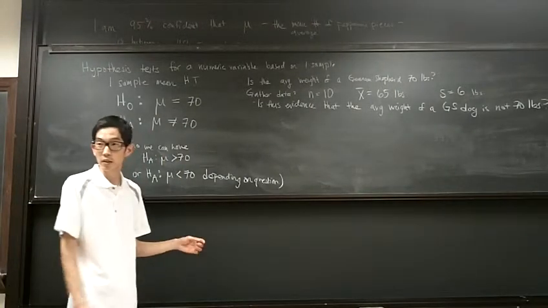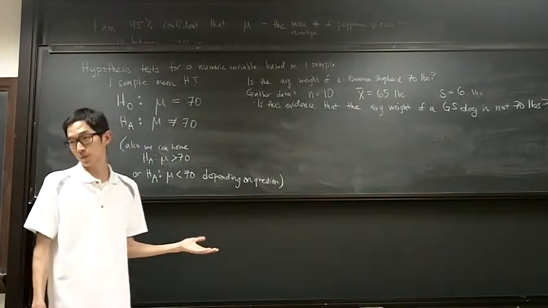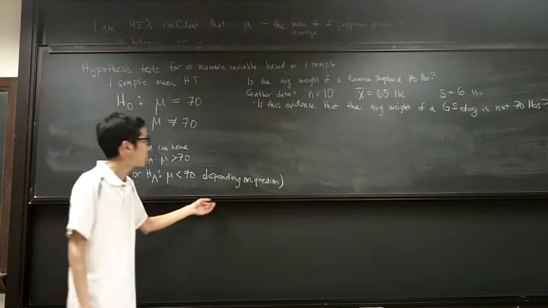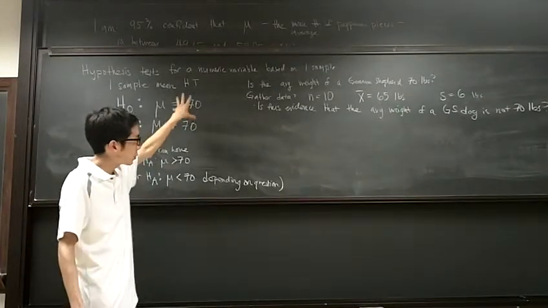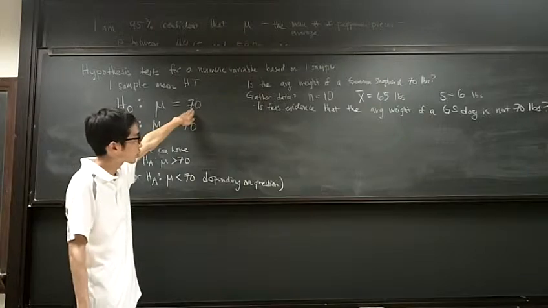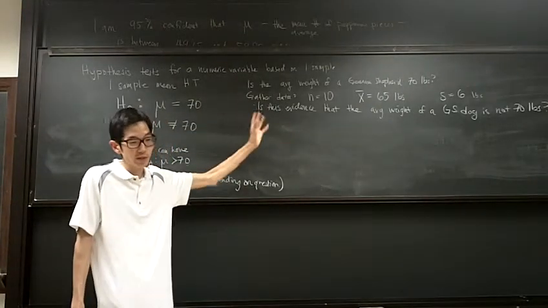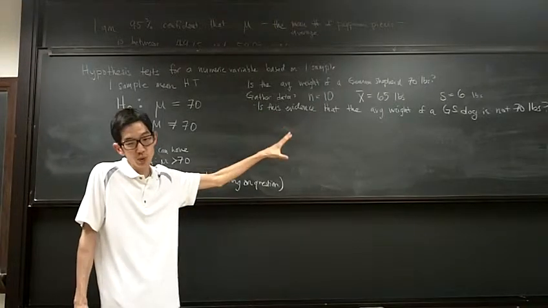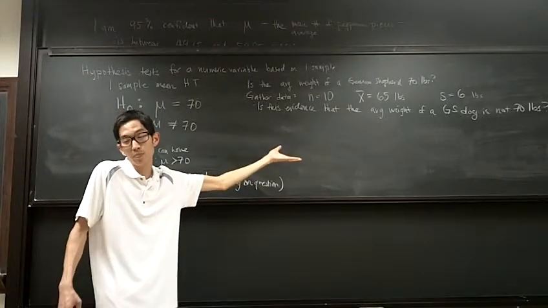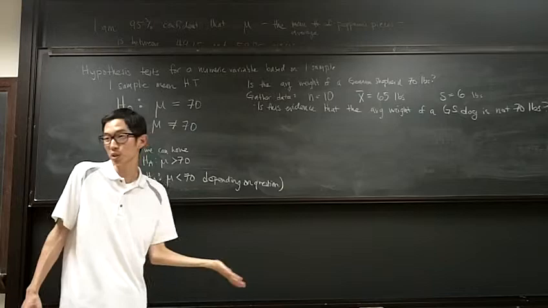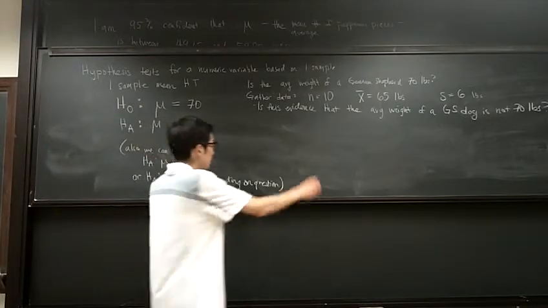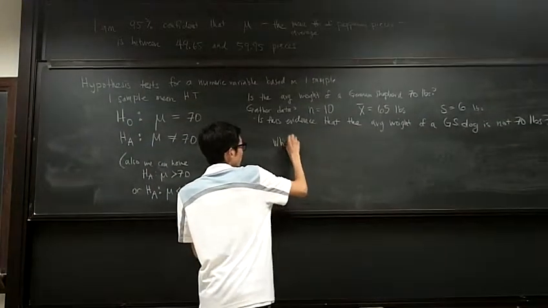So 70 is extreme or it's not extreme? Well, that's what we're trying to find out. So 70, we're expecting 70. If the null hypothesis were true, we're expecting 70, and we observed 65. So is 65 really unusual, or is it possible that this results from just random chance? Okay. So we're going to ask, what is the probability